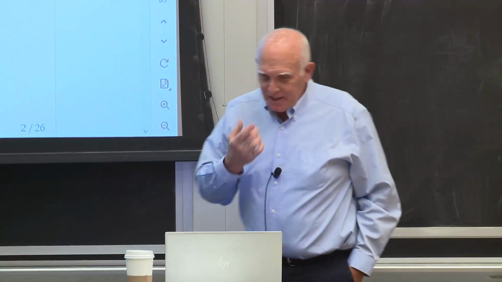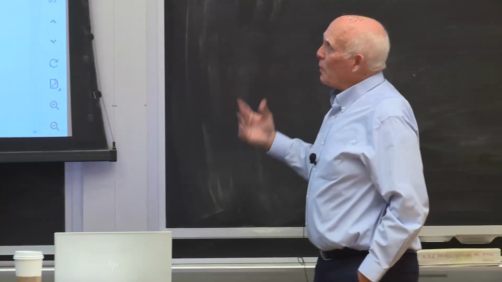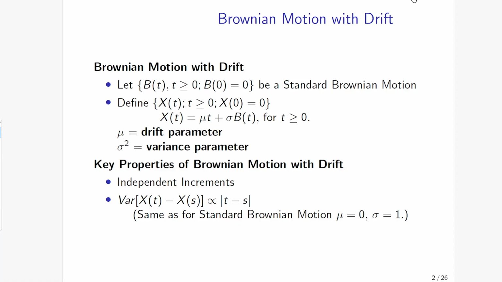So let's consider just reviewing first Brownian motion with drift. We discussed this earlier in our discussion of stochastic processes. And a standard Brownian motion model is one where we have our process X depending upon the underlying standardized Brownian motion B of t, with a drift parameter mu and a volatility parameter sigma, or variance parameter sigma